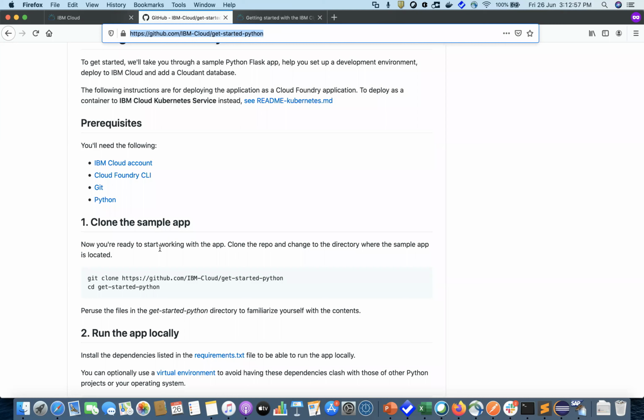Whatever steps we are performing today are very basic. Our intent, as I said, and I want to make it clear, is only to show you how to push your Python Django application onto IBM Cloud. So as you follow the Git link, don't worry about any other things. Make sure you have Python and everything installed on your environment. Just go ahead and clone this particular project. Okay, so let me click on this.